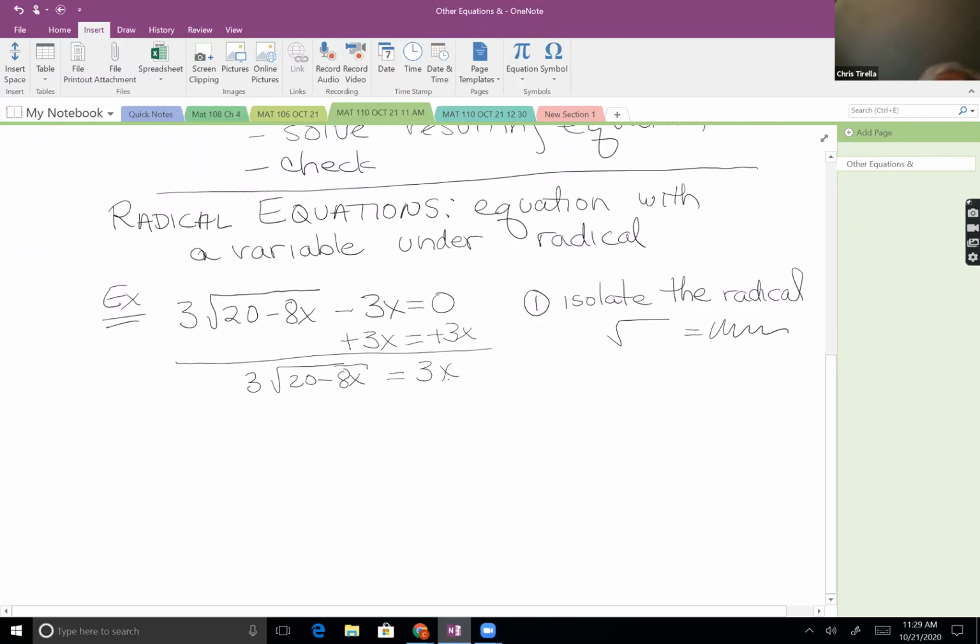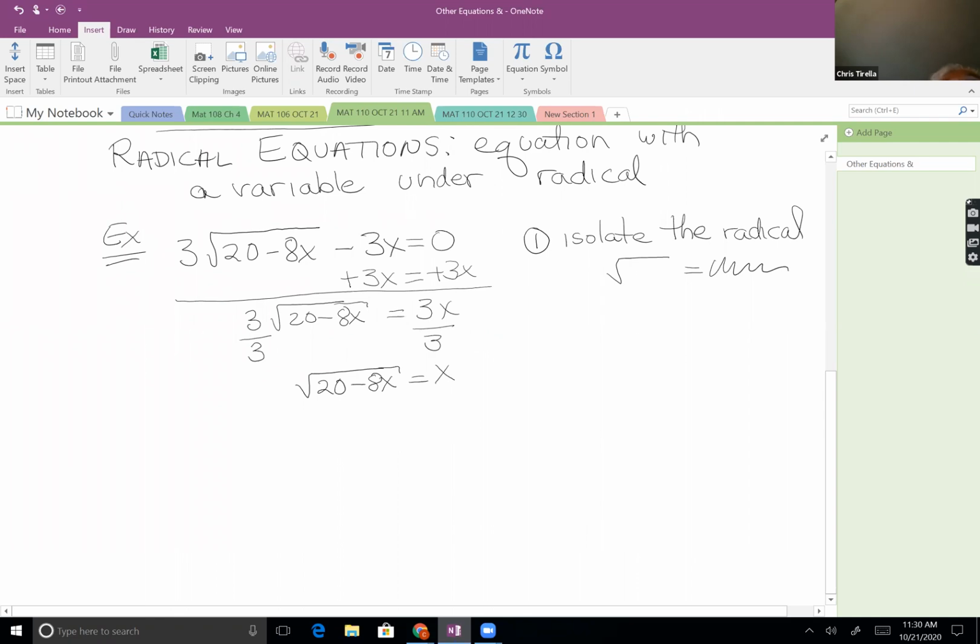It's almost all by itself. I think we still need to divide both sides by 3, which gives me the square root of 20 minus 8x is equal to x. Now that we've got the square root alone,